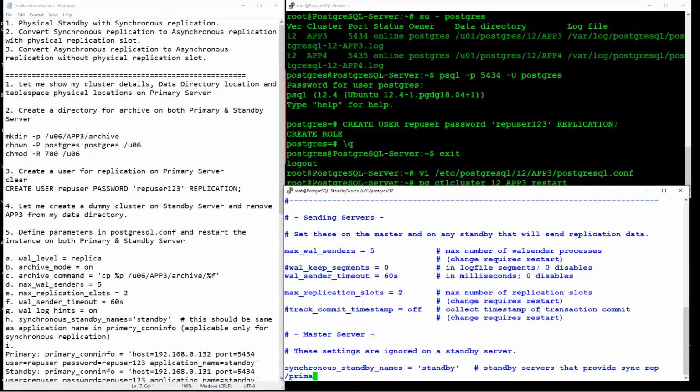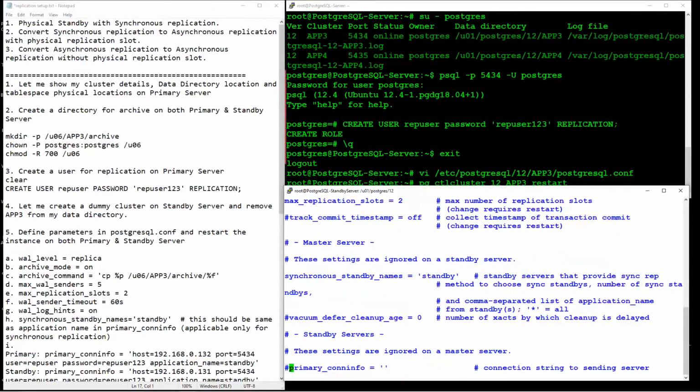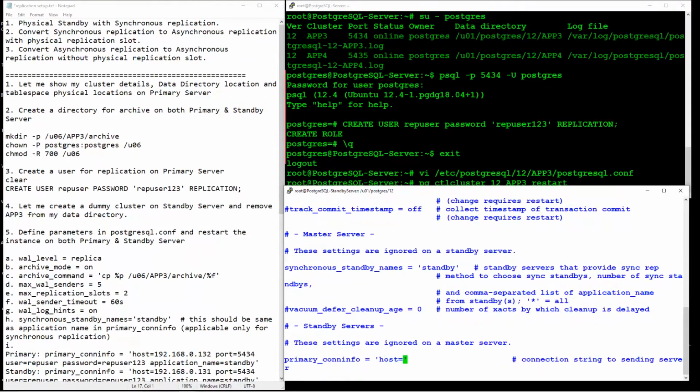Next, go to primary conninfo. Let me define this. Host is equal to, this is going to be my primary server IP address.